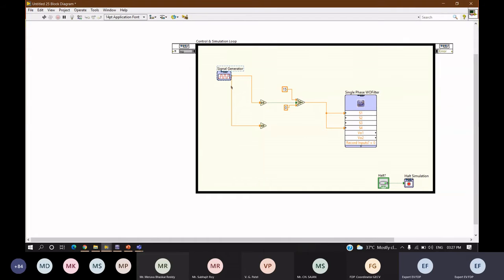Negative half side. So the same logic, I'm going to take a select. Whenever my square pulse goes to the negative side, this comparison function will give true output, and based on that, it will provide 15 volts as a trigger or 0 volts as trigger. So this I need to connect to leg 2, which means MOSFET 2 and MOSFET 3.